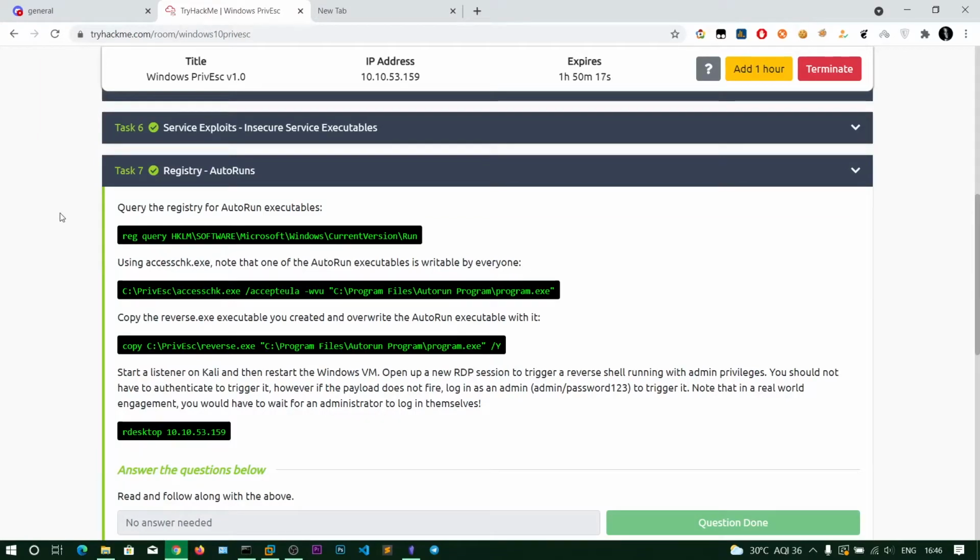In this video, we'll be seeing another privilege escalation technique, that is autoruns. So these autorun programs will run whenever the operating system boots up. Whenever your computer starts up, these programs get automatically executed. Suppose when you restart or power on your computer, you can see Steam, Discord, Spotify, they always run just after you log in.